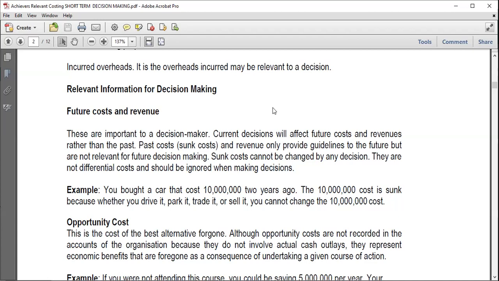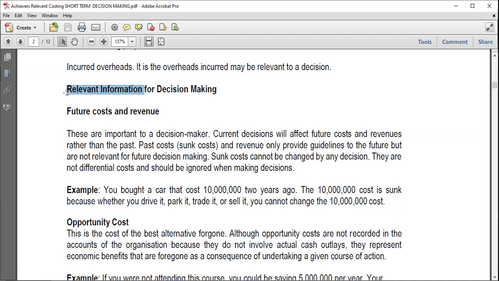So remember, we've just said that relevant costs are futuristic in nature. They are basically future cash flows. You get it? So we're just trying to add more information: if you want to make decisions in regards to your business, what should you consider in the scenario? If this is still far-fetched for you, just look at yourself. For example, right now you're doing CPA, and you can get to a decision